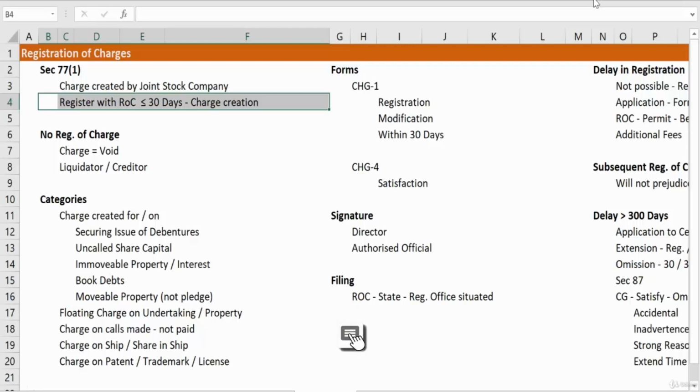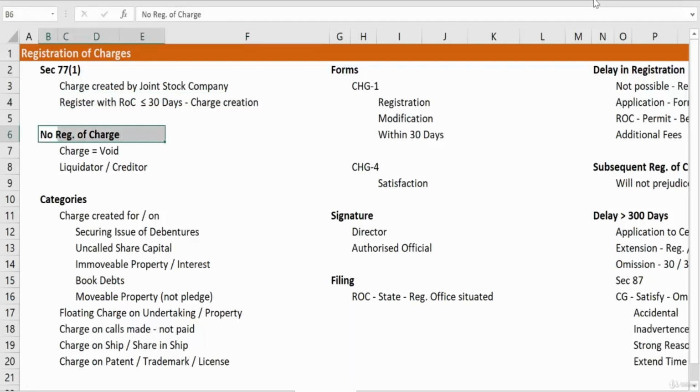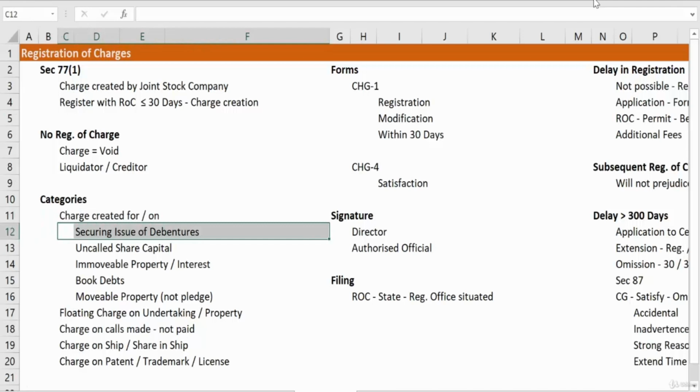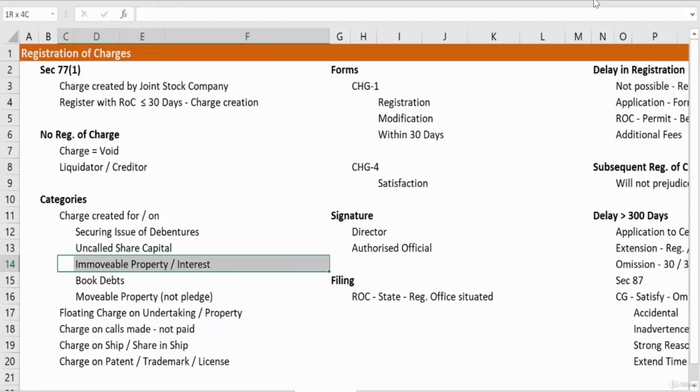If registration does not happen, then that charge is going to be void against the liquidator or any creditor of the company. Let's look at the categories for which the registration of charge is compulsory. If a charge is created for the purpose of securing any issue of debentures, if a charge is created on uncalled share capital of the company, if a charge is on any immovable property or any interest therein, if a charge is on any book debts of the company, if a charge is on any movable property of the company